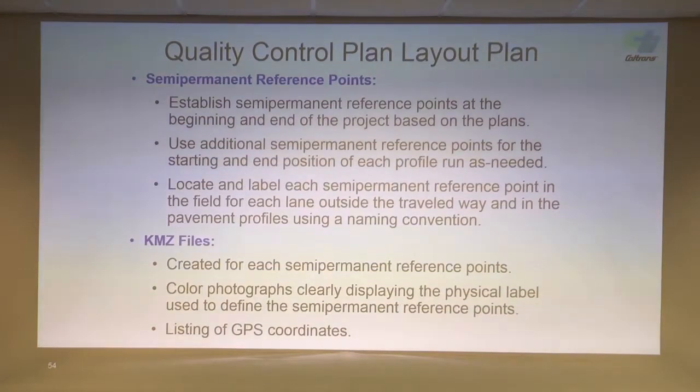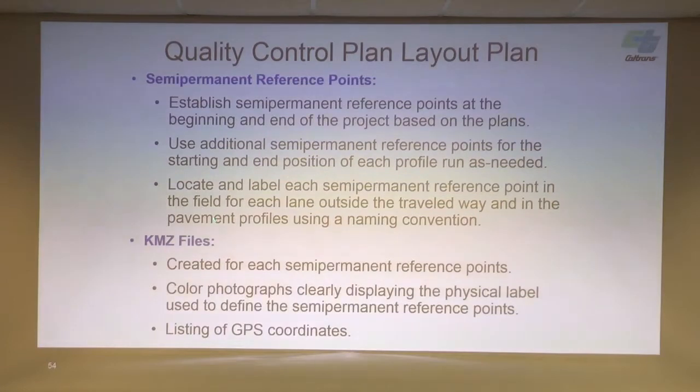So if we have a project that's 10 miles long and they're doing this in two different stages, the first year 5 miles, the second year the second 5 miles, we want the contractor to run through the existing profile from beginning to end. So he'll have a beginning station for that first semi-permanent reference point, and he'll have an ending station for that last semi-permanent reference point. If there are any bridges in between, he'll have semi-permanent reference points called out on his layout plan. A person could, if they had to, like in year 2, start in the second 5 miles, and they don't have to run the whole profile again when they're doing their pave or their final profiles. We'll cover that in a little more detail.